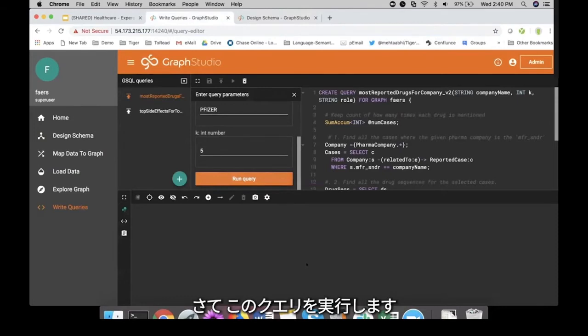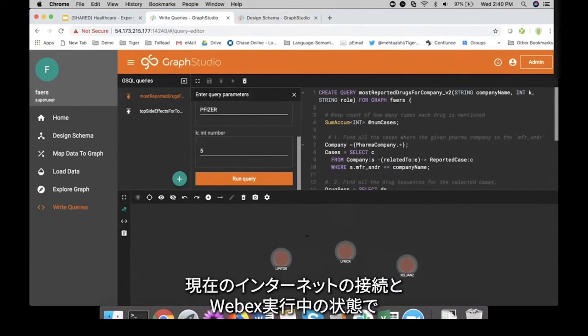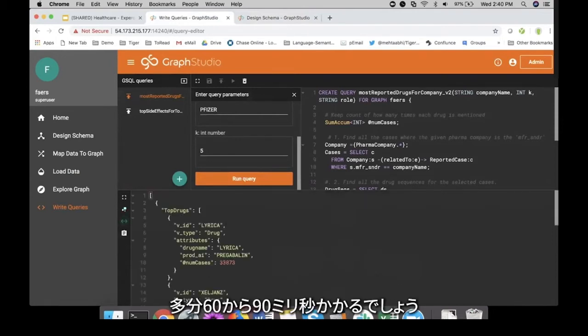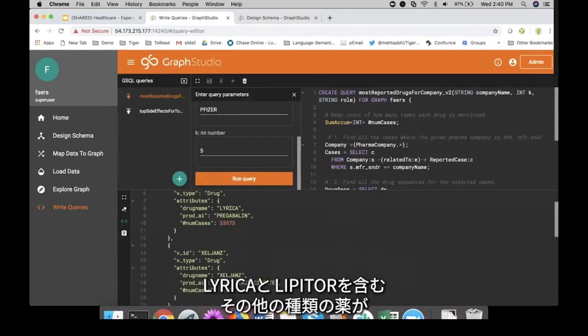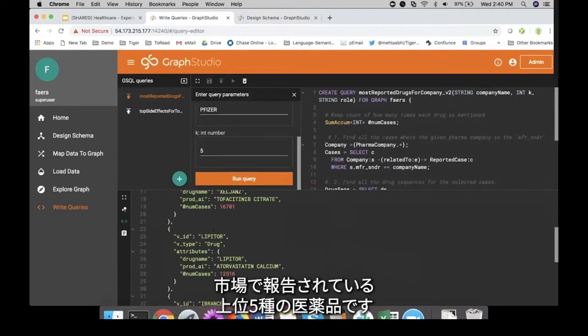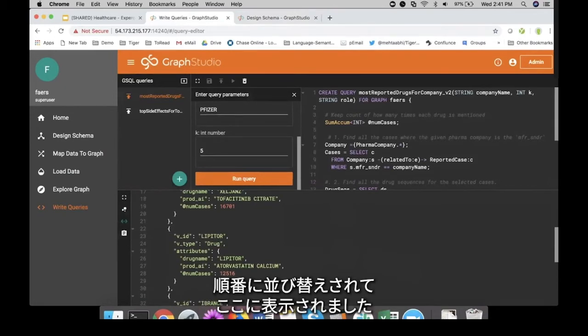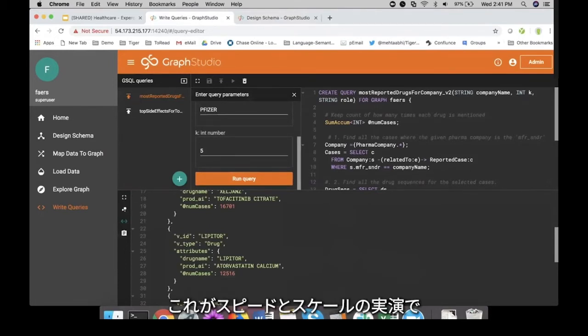And let me run this query. Based on the rendering on the browser, the internet connection we are on, and this WebEx which is running, this is probably a 60 to 90 millisecond query. And Lyrica and various different drugs, Lipitor, they are here, the top 5 drugs of Pfizer that have been reported in the market for some adverse events. There are some 12,000 cases for Lipitor here. It's been ordered, sorted, and displayed to you, without any caching. That's the speed at scale